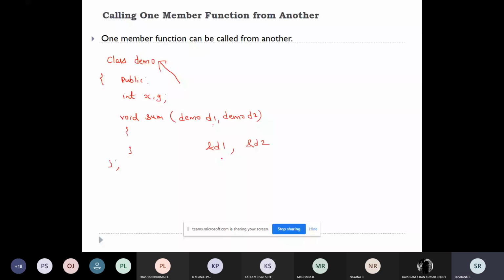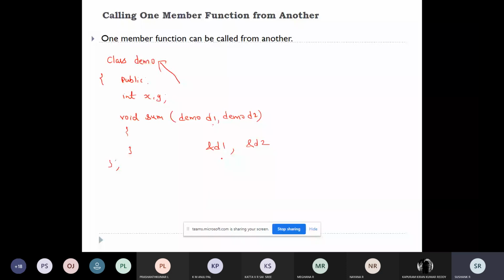But in the other case, the address will be passed. That is, only one copy will be shared. One example you would have studied in C, like if a pointer is there, you'll be using the pointer to swap two variables.